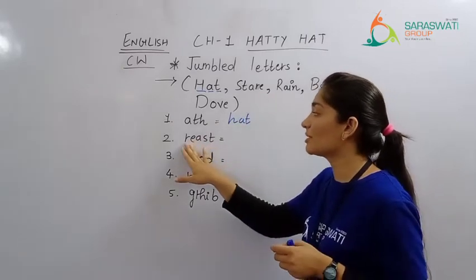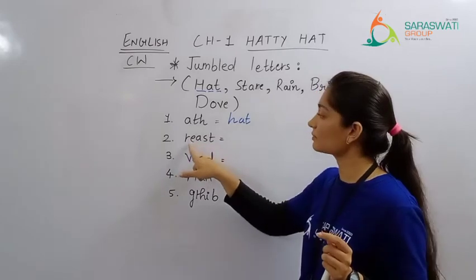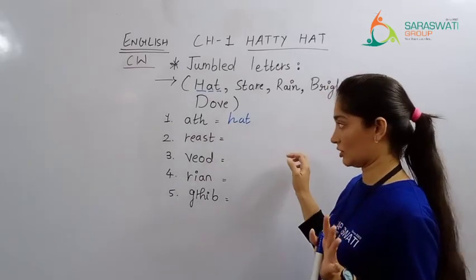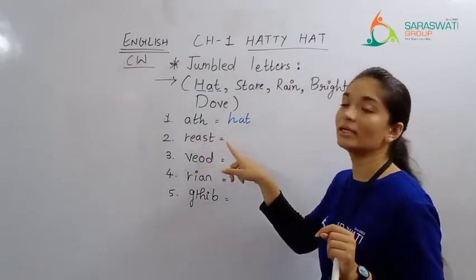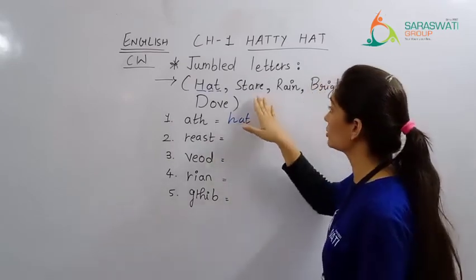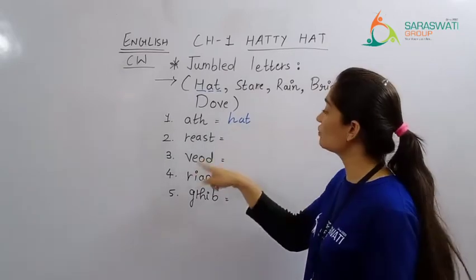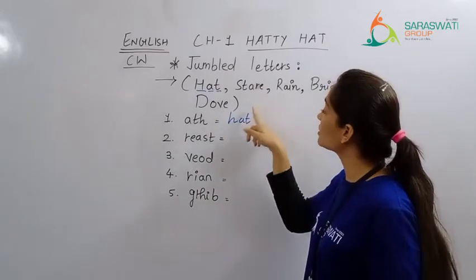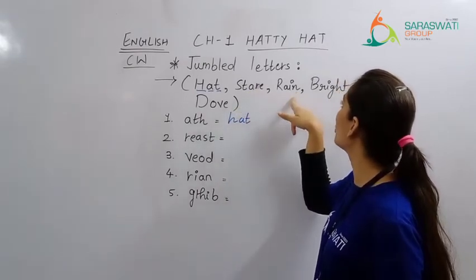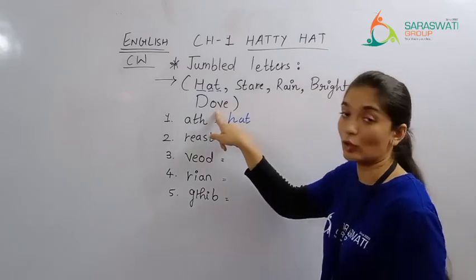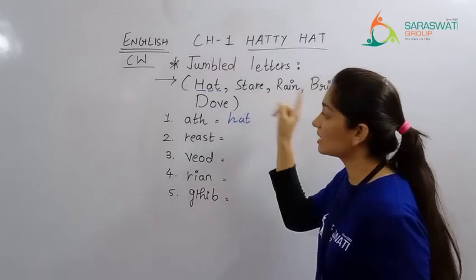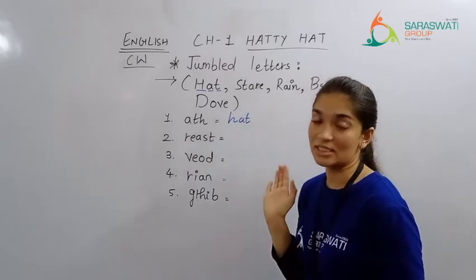હવે first of all તો આપણે શું કરશું? Letters count કરશું. 1, 2, 3, 4 and 5. Right. You are having 5 letters which are jumbled. So હવે આપણે શું કરશું? Bracket માં જોશું કે which word is matching with this. તો હવે first of all 5 lettered word ગોતો કયો છે? This is 5 lettered. This is 4, 6 and 4. So you only have one 5 lettered word over here. તમારી પાસે એક જ 5 lettered word છે. એ તો decide થઈ ગયું, right?